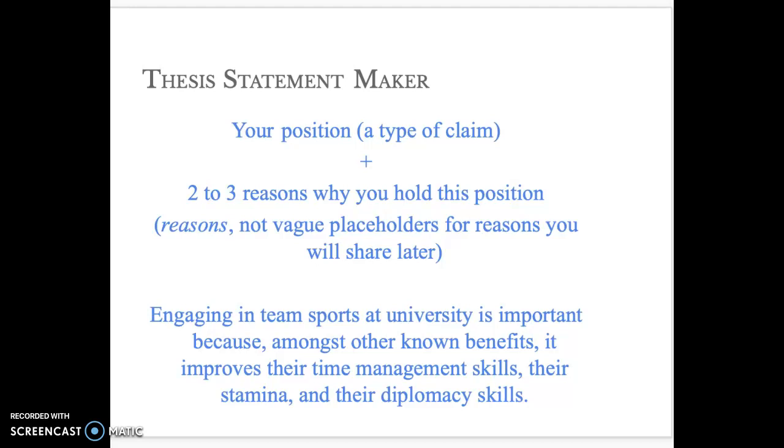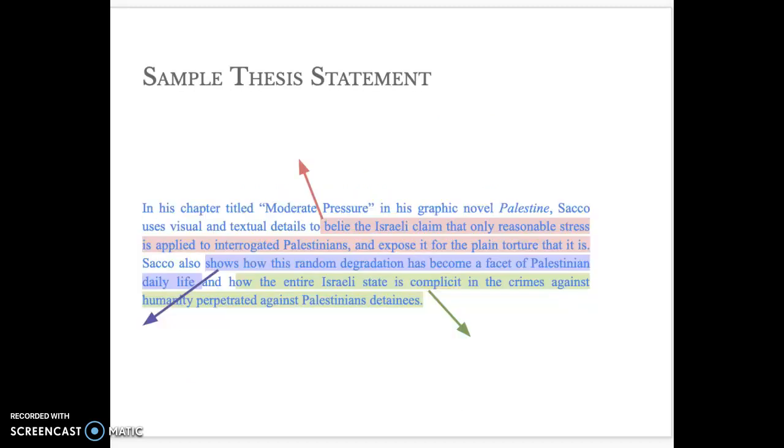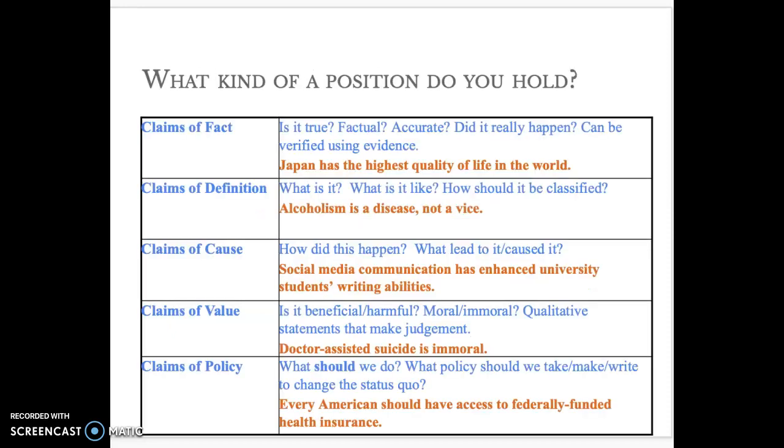A type of claim. If it's an analytical position, then usually it'll be a lot more like the one that we looked at up here, the one from the chapter from Joe Sacco. It'll basically say, this is what I think is going on, right? And we recognize that that's a very debatable position because different people looking at this chapter will see different things. So in a sense, that's an argument. However, sometimes you're going to be making a claim. So what kinds of claims could you be making? Every time you make a claim, you should be aware that a counterclaim can very easily be made.